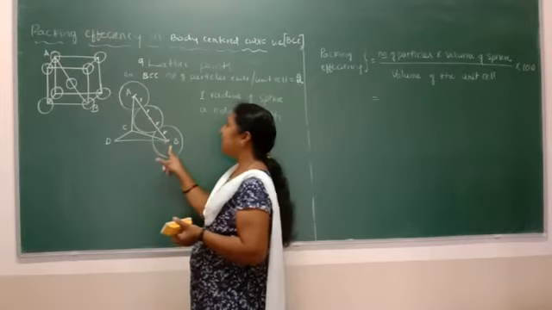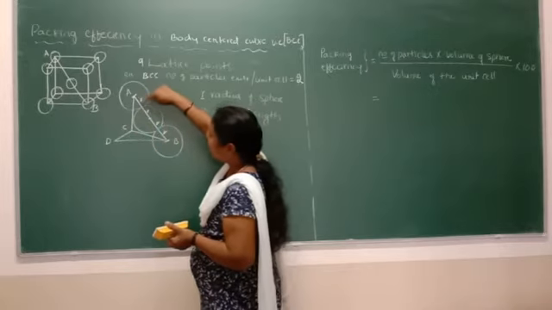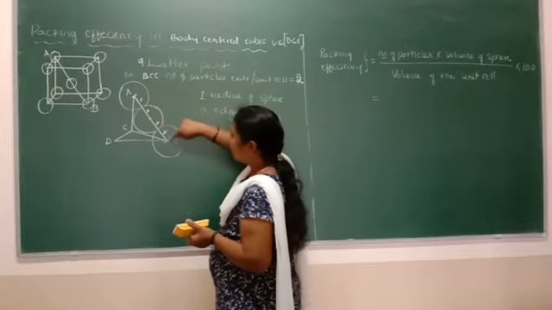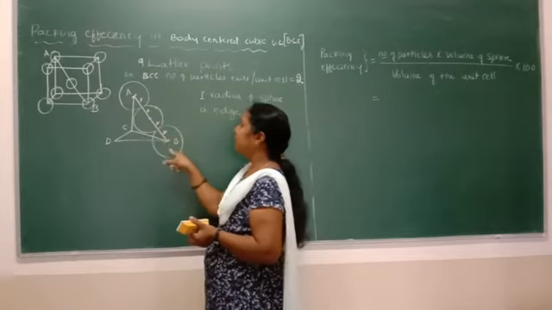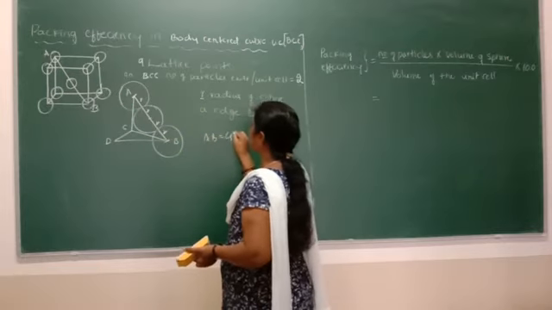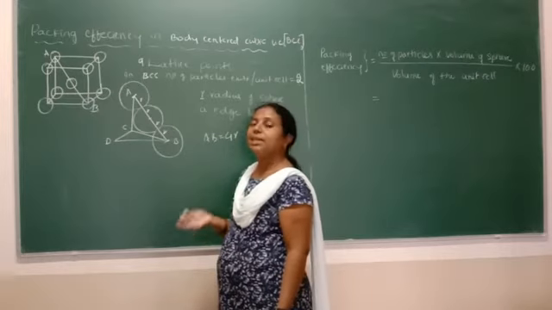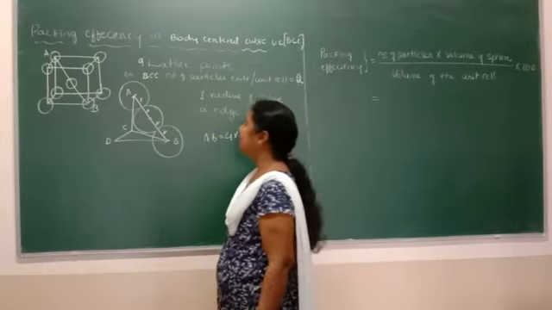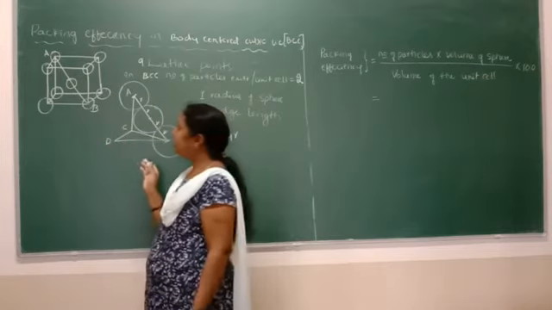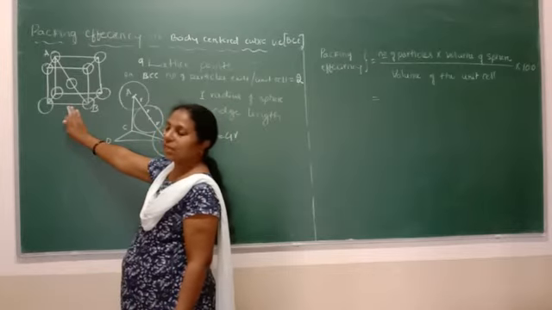So what is the value of AB in terms of R? From here to here it is R, from here to here R, then a third R and a fourth R. So AB is equal to 4R. And what is the value of A in terms of R? We are not getting the relation between A and R directly from this diagram, so we have to do some more calculations.